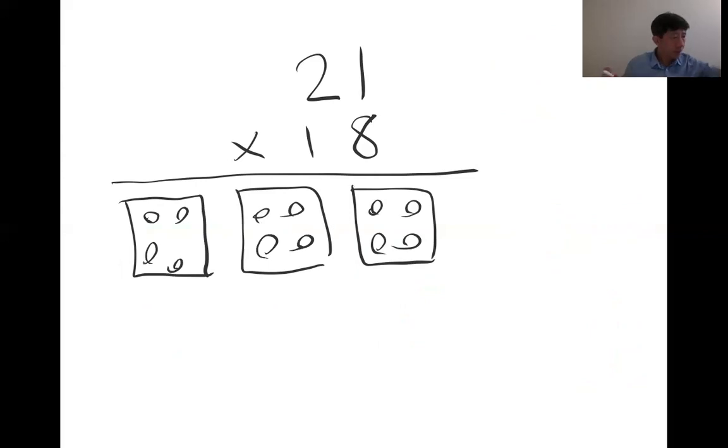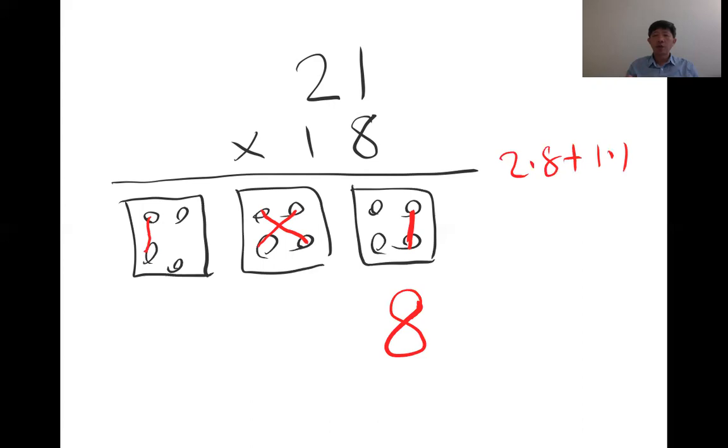Then we have units times units, then cross, then tens times tens like this, okay? Now what is the first digit? 8 times 1, which is equal to 8, right? Now the second one is 2 times 8 plus 1 times 1, which is 16 plus 1, which is